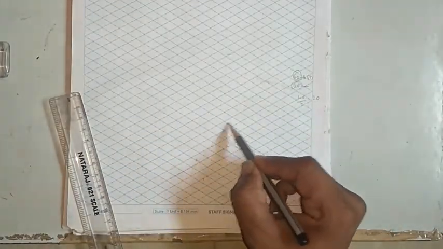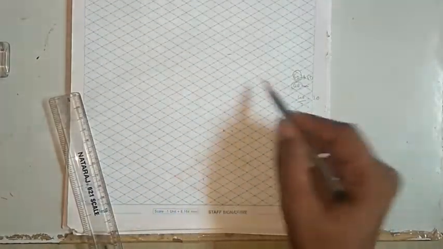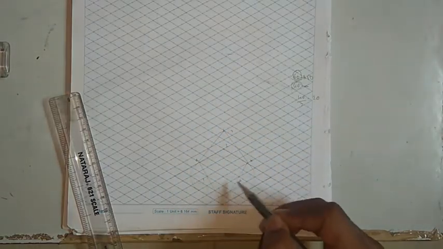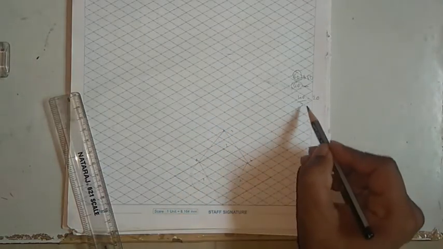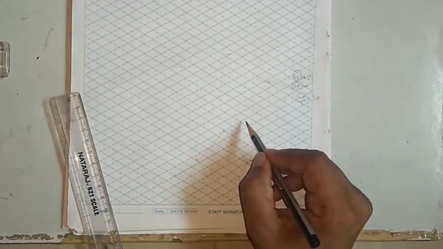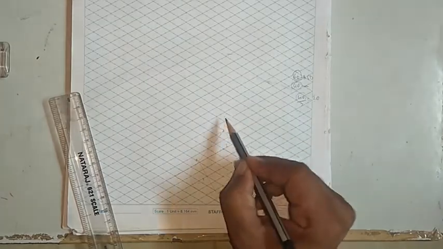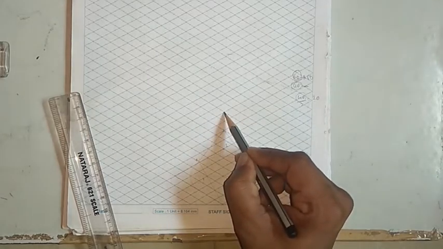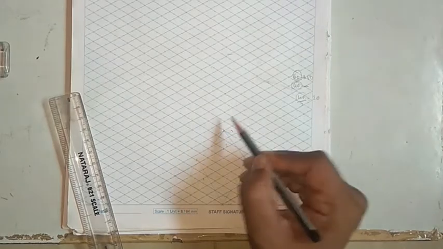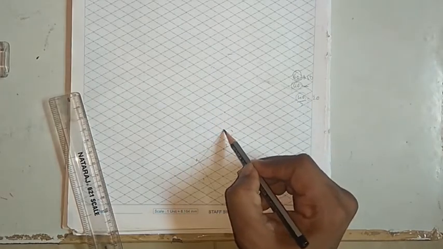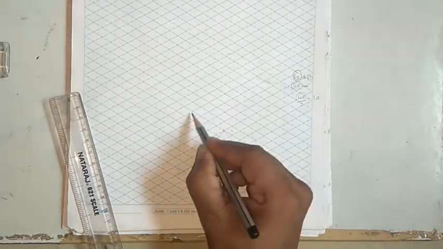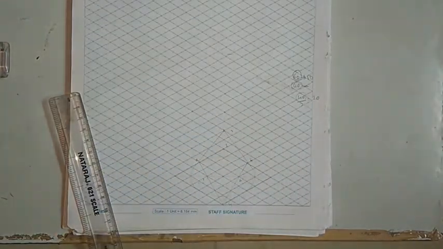Now again, the top surface of the hemisphere looks like a circle only, so we need to repeat the same steps. The diameter is equal to 40 mm, so we need to construct a square equal to 40. This is the center. A square means it distributes equally: 1 to the upside, 1 to the downside, 1 to the right side, and 1 to the left side.